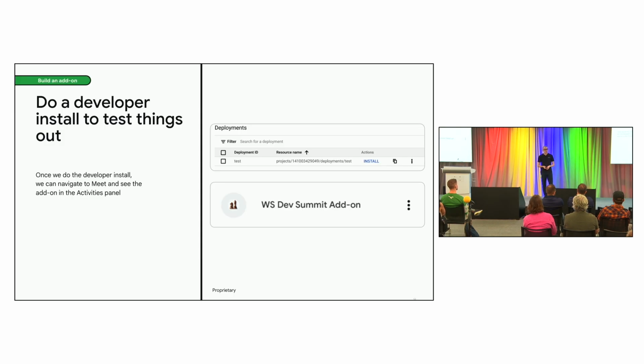And then finally, you want to do a developer install. You always want to test stuff, right? You want to be able to do that developer install, especially if you're going to publish. So you can publish to the marketplace, as I mentioned before. You can publish internally, so that's only within your domain. But if you're going to publish externally, you have to go through all the marketplace machinations to get your approvals, get verified, get all of that information. So you can publish externally with more vetting, and the marketplace SDK information is out there on how to do